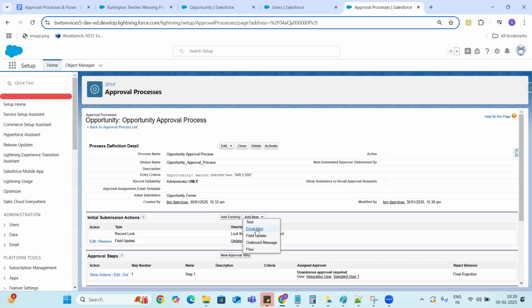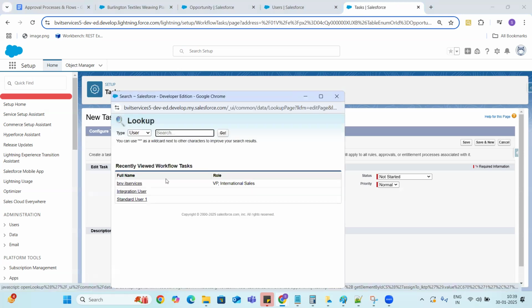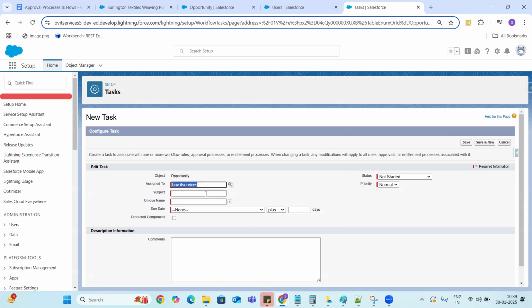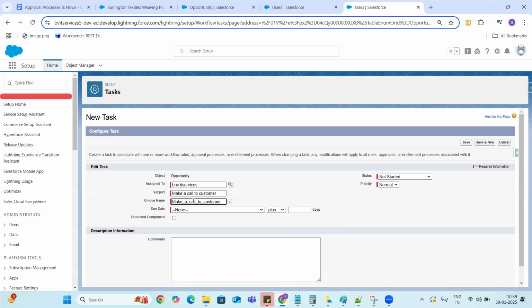And then you can create some tasks also. This is nothing but creating a task and assigning it to a particular user. The assigned to field is just a lookup to users. Here you can create a task to make a call to the customer.